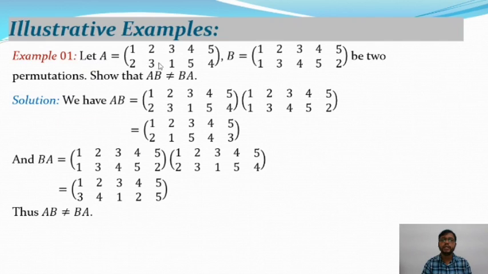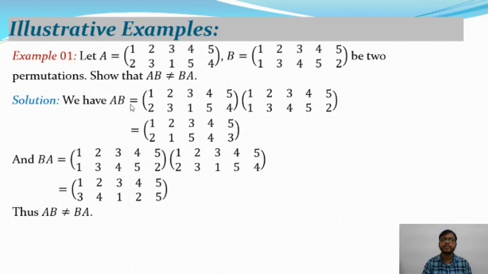Let A be a permutation. The elements of A are: 1 goes to 2, 2 goes to 3, 3 goes to 1, 4 goes to 5, 5 goes to 4. As well as B, it is equal to 1 goes to 1, 2 goes to 3, 3 goes to 4, 4 goes to 5, 5 goes to 2. So A and B are permutations of degree 5, so that AB is not equal to BA. So the permutation is